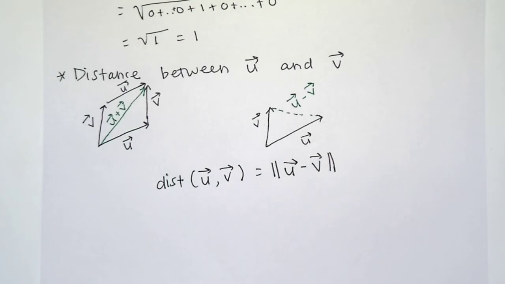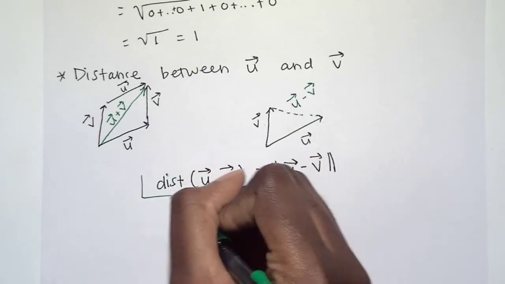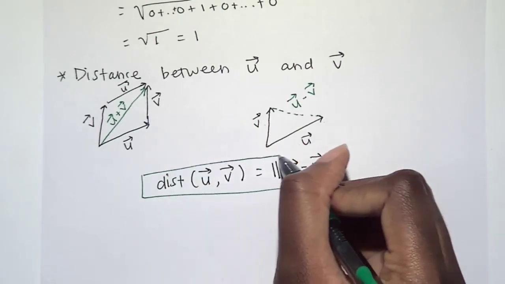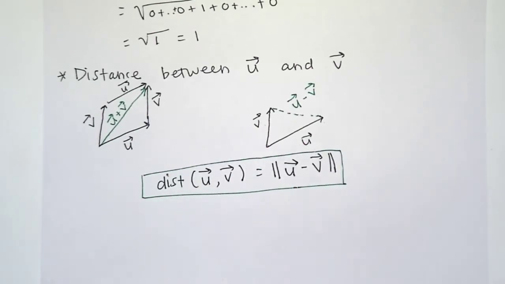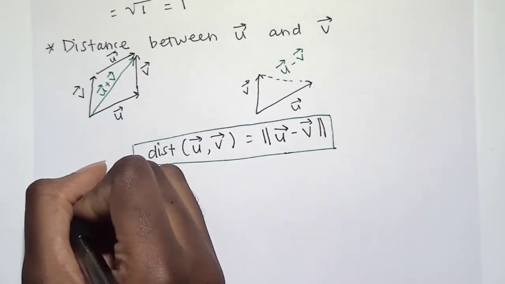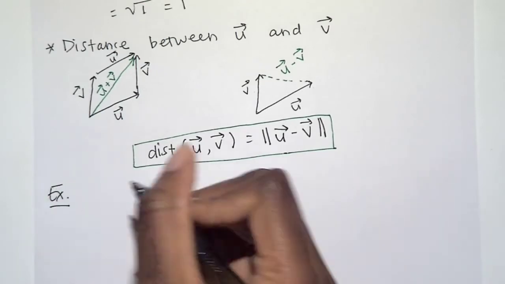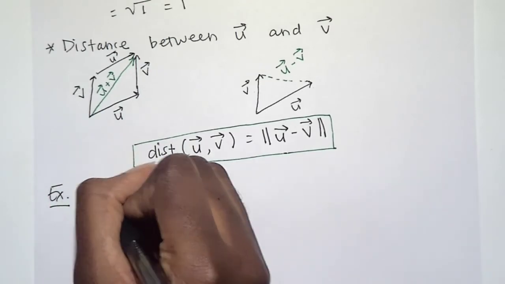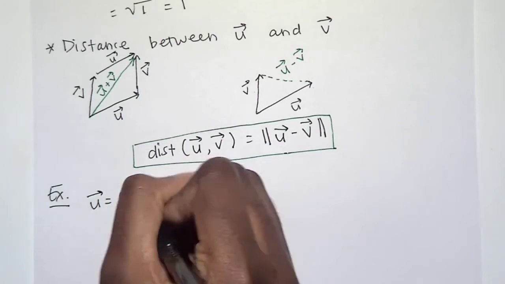So last time we figured out how to find the distance between two vectors, and it doesn't matter what dimension we're in. This could be an Rn. Okay, so let's look at an example. We're just going to do R2 just because I can draw it, but this will work for all dimensions. All right, example. So let's say we have the vector u, which is 2, 1,